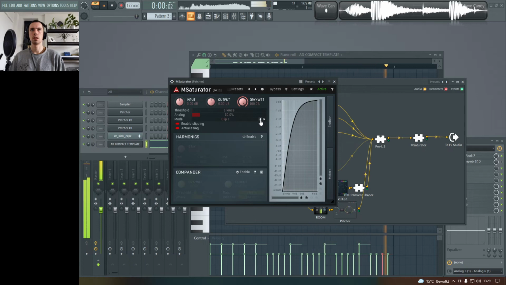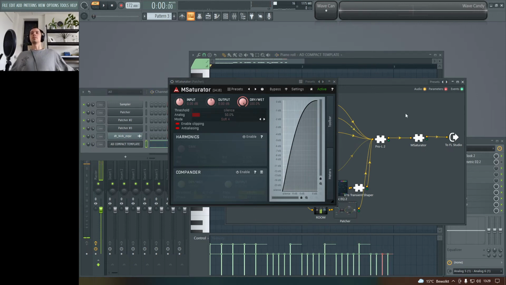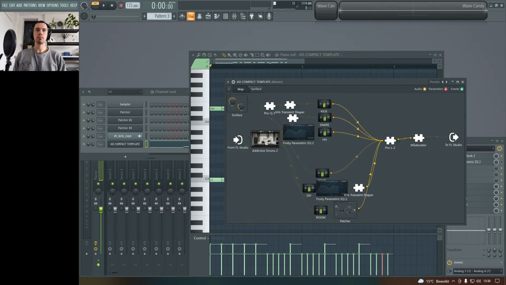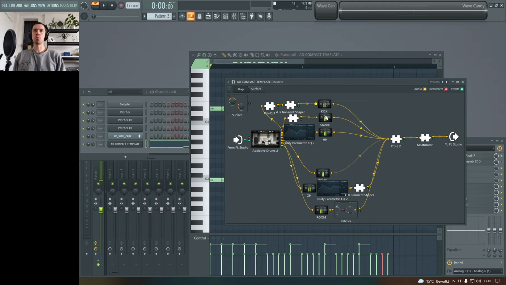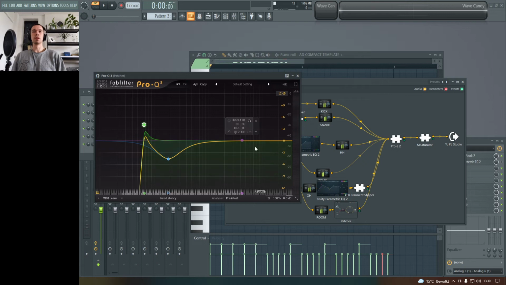Yeah, so I could go on and on and on, and try to teach you more tricks about what you can do. But basically, I hope the concept is clear, that you try to have the right amount of frequencies in the right amount of area. That's the whole reason why you would use transient shapers and equalizers,